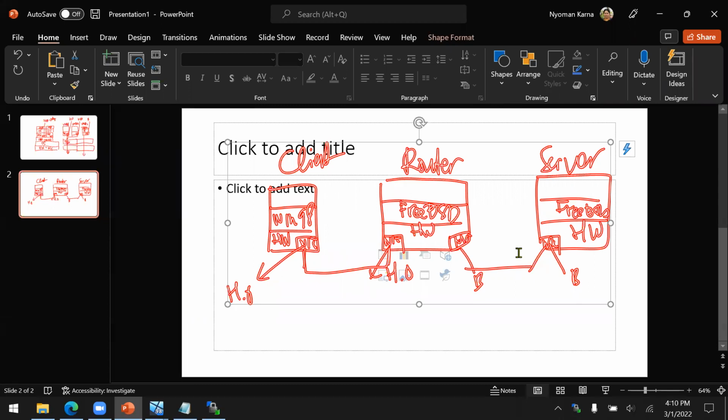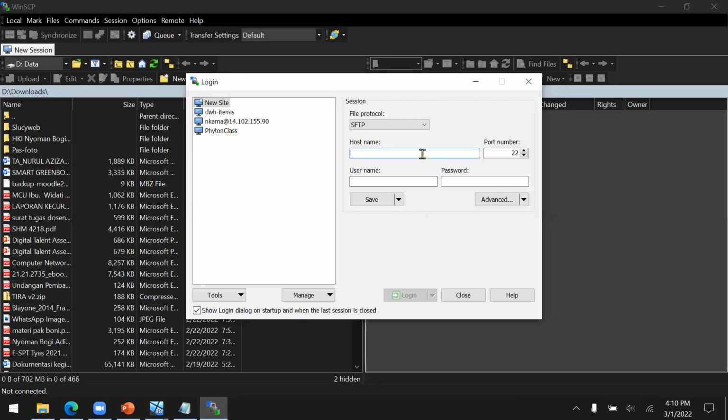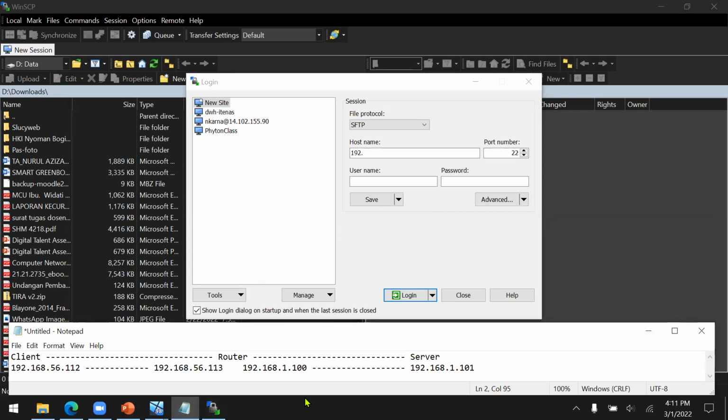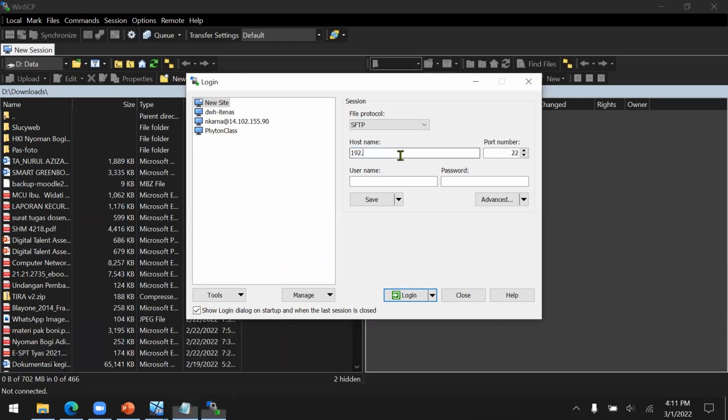So in this case, I'm going to use my laptop to connect to this IP address because I want to connect to the router. I cannot access this IP address because this one is host only, but I can connect to this IP address. So in this case, I'm going to connect to 192.168.1.101.